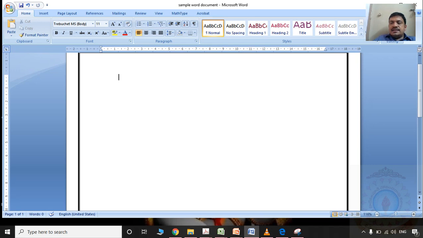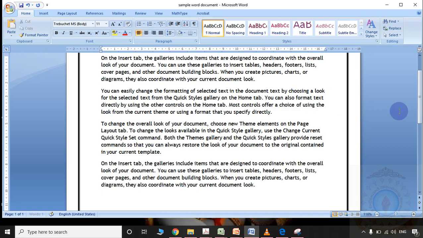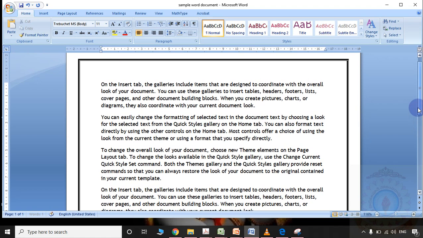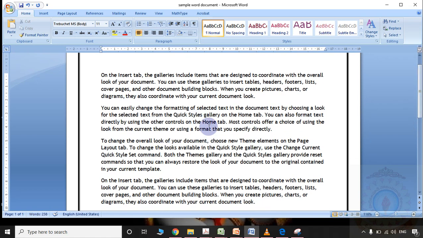Suppose an image is available with some text, we are supposed to add that information into the MS Word document. So let us see. So here there is no text initially. Okay. So some information is readily available now.